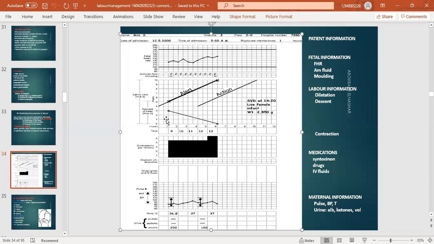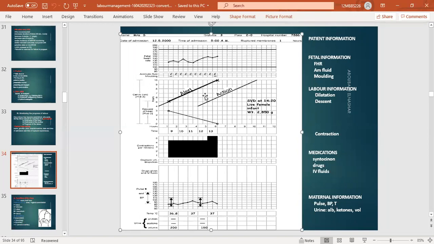So if you are going to make a graph on the partogram, your patient's graph should be on this alert line, on the left of the alert line, not on the right of the alert line. It should be prior to this. But if the patient has a graph below this, then you have to become alert. You have to see what is the reason for this prolonging of the active phase of the first stage of labor. Why is there a slow dilatation of the cervix?